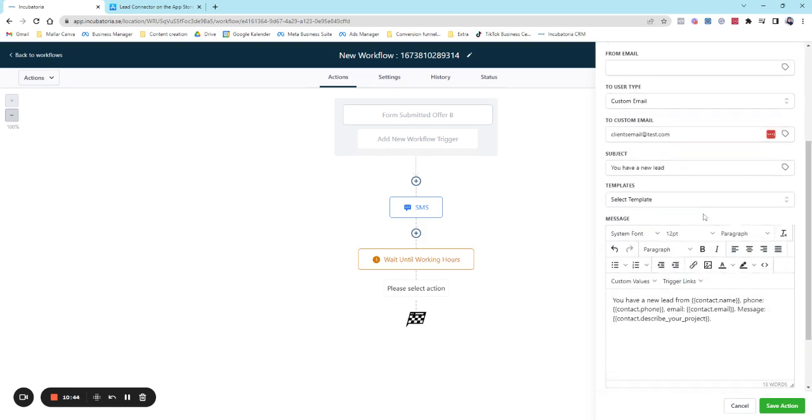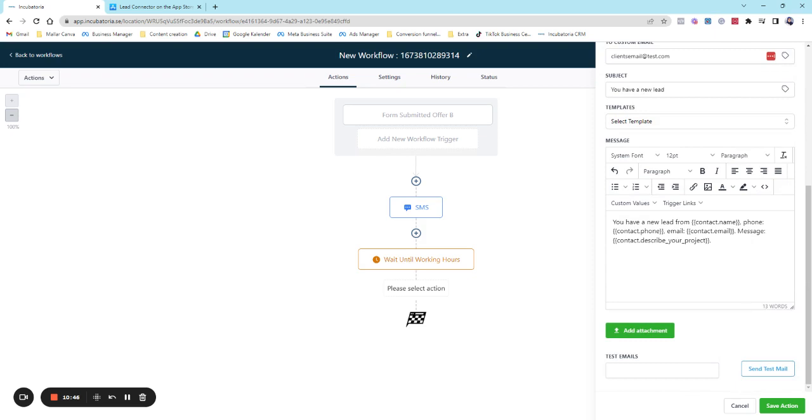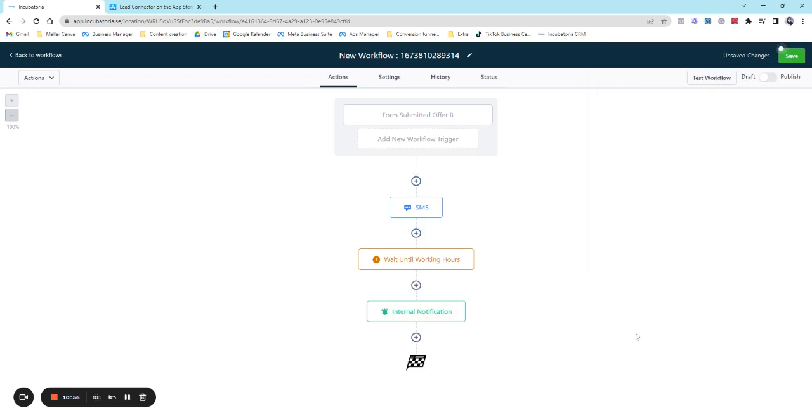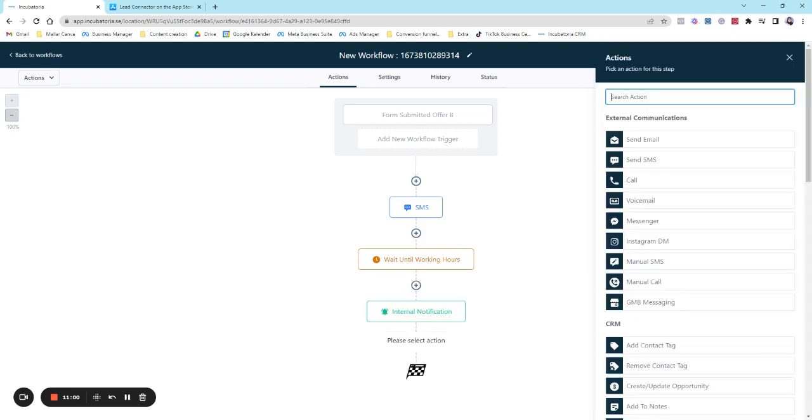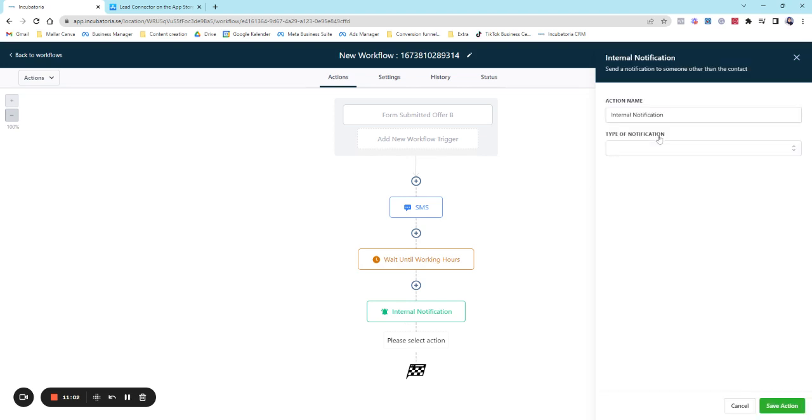Okay, so now this email will go out. So it will say you have a new lead from, and it will say what the person filled out in the form, their name, their phone number, email, and their message. So you can do that, and you can also send an internal notification